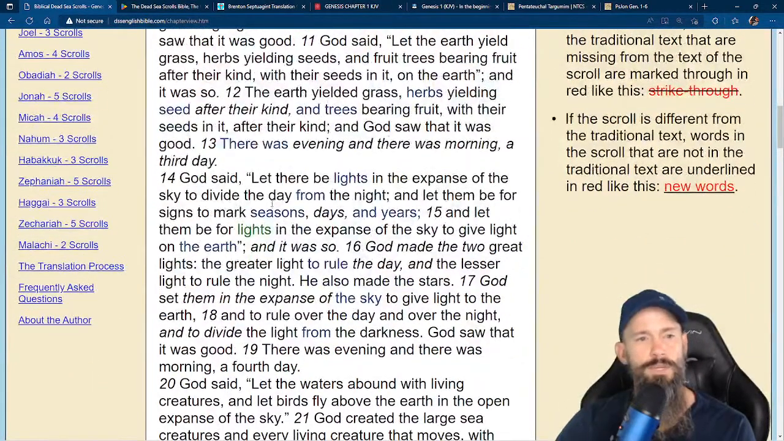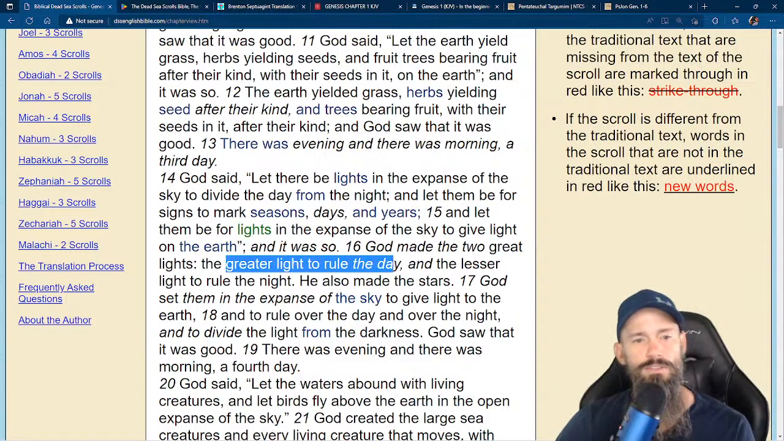And Yahuwah said, let there be lights in the expanse of the sky to divide the day from the night, and let them be for signs to mark seasons, days, and years, and let them be for lights in the expanse of the sky to give light on the earth, and it was so. Yahuwah made the two great lights, the greater light to rule the day, and the lesser light to rule the night. He also made the stars. So greater light, sun,